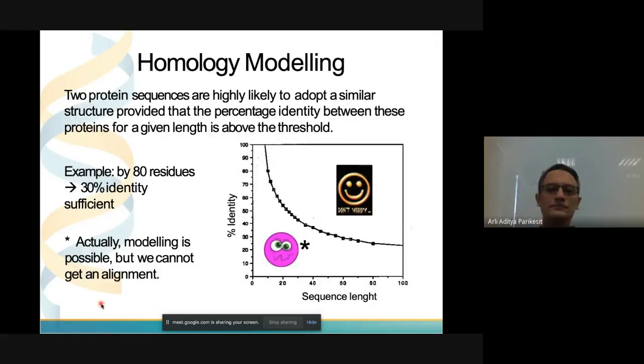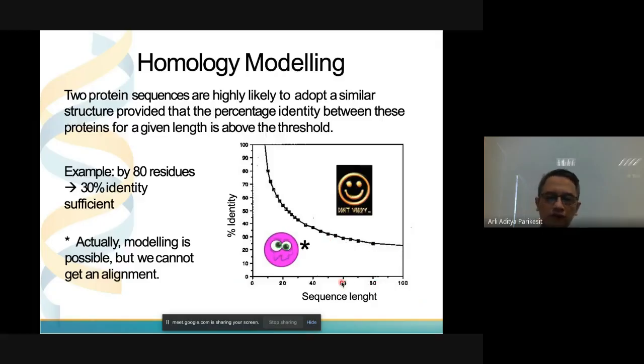But there are some things that you have to consider. This identity versus sequence length graph plot just tells you that if you have more sequence length, the percent identity with anything in the template will be lessened until at least a minimum of 30%.